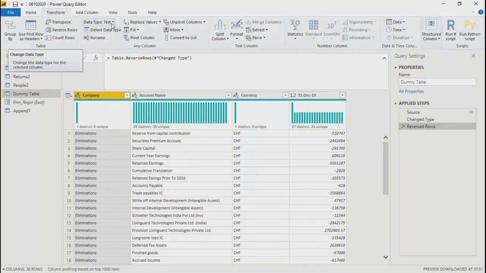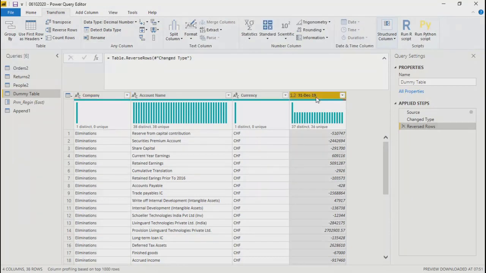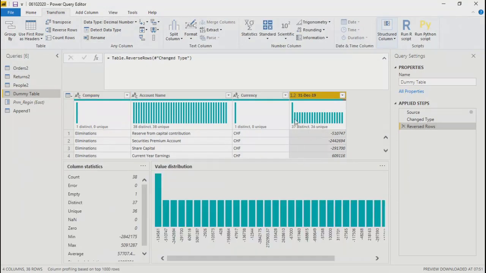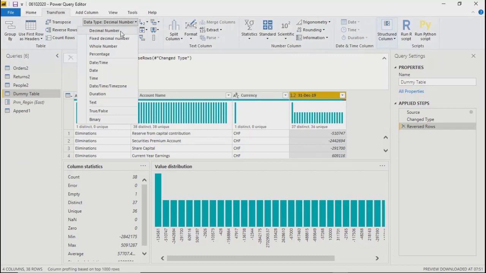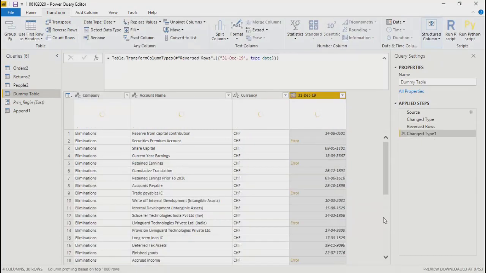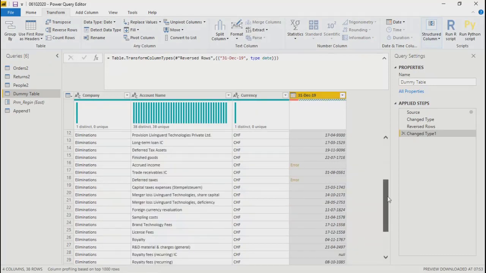Then data type. Next, this particular field is all about data type. Over here, if you select the last field, though it is a date, it says decimal number, and that is why you are getting all these numbers here. So let me convert this into date. In order to change this, I'll click on this drop down, and we can get the date over here. So your field gets converted into date.